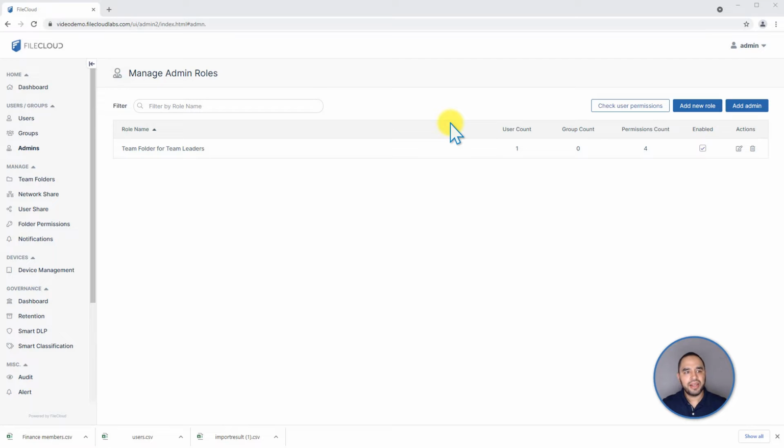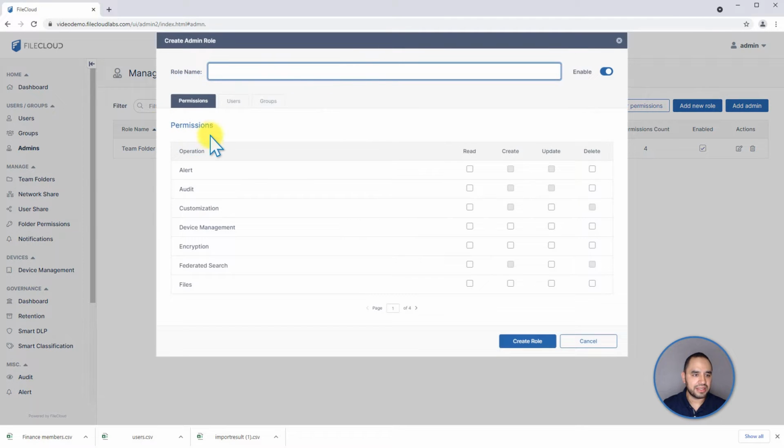Hello again. Now we're going to talk about managing the admin roles. This is going to be all the roles that you want to create for admin access to the users that have been promoted as admins. And we can create, for example, a new role, and we can decide, okay, we're going to call it access the audit records